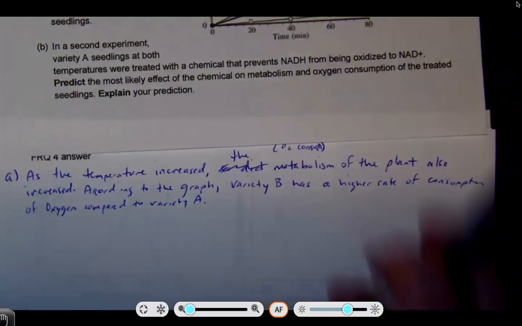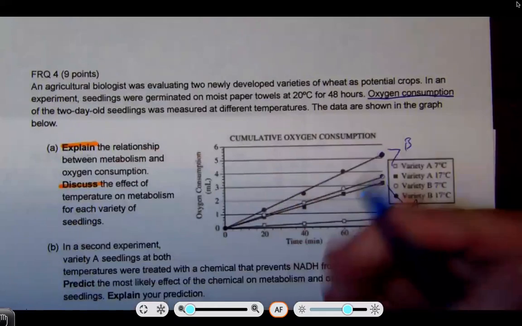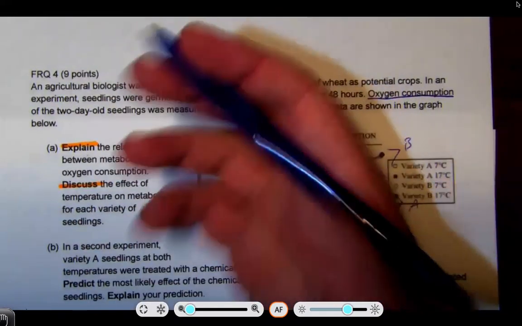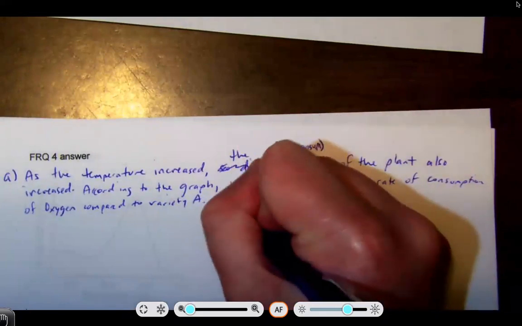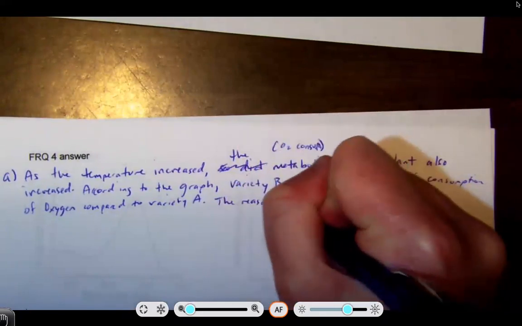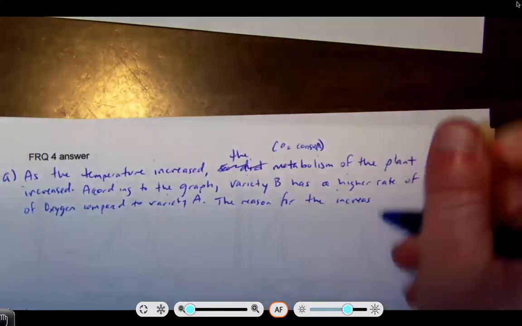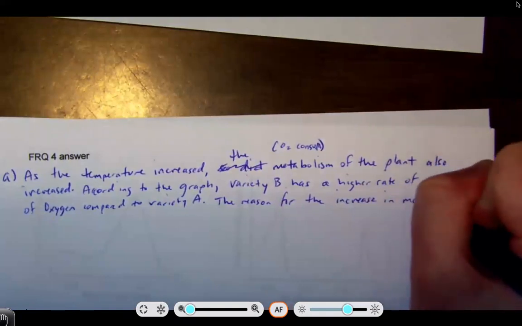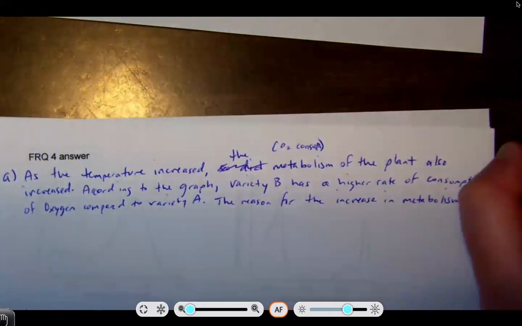Because even though it doesn't really say, well, it does. It says explain the relationship, which means that you can't just give the relationship. That's part of it, but you also need to explain it. So in this case, the reason for the increase in metabolism is because,